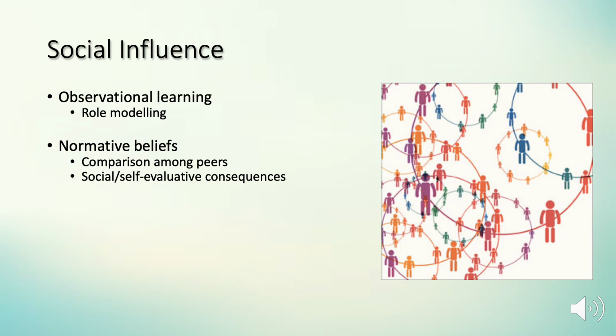We often compare ourselves to our peers, and we use our perception of peer norms as a standard to compare our own behaviors. It is important to note that motivation to comply with social norms is influenced by both social and self-evaluative consequences. The term collective efficacy refers to the ability of members of a community to control the behavior of individuals and groups in that community. The concept of collective efficacy applies to situations where individuals do not have control over the social conditions or institutions that shape their lives. Social cohesion can spur groups to take action for a common good.